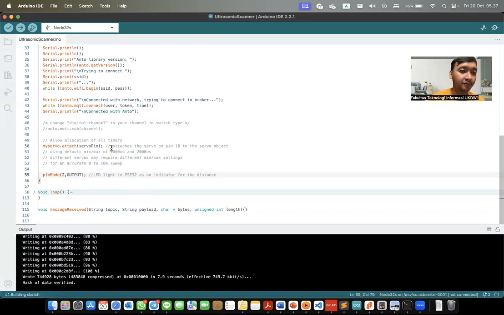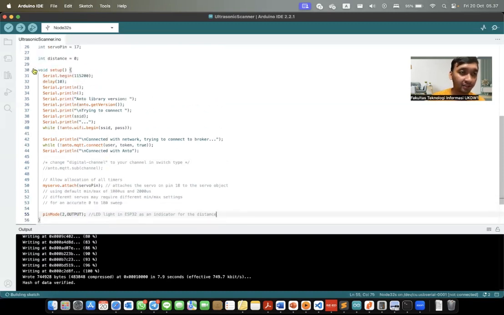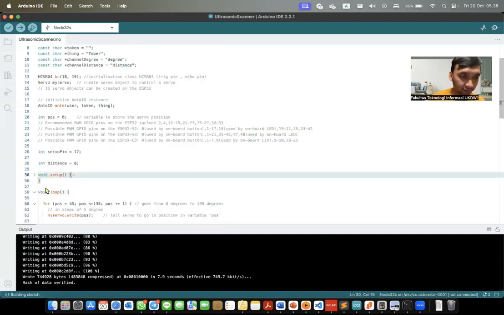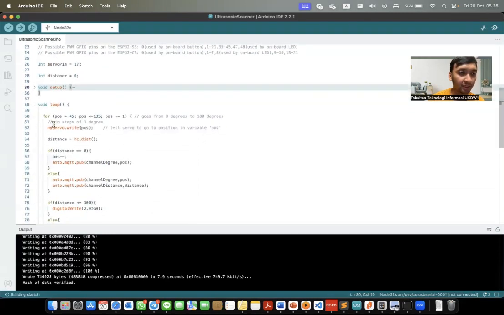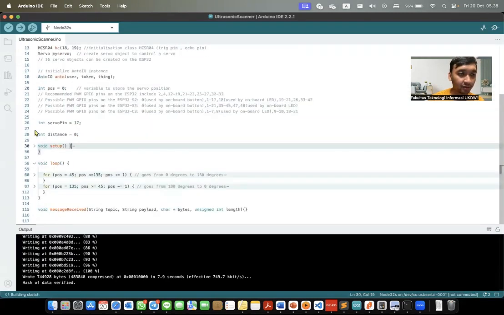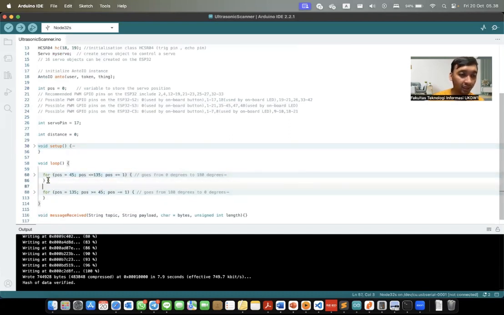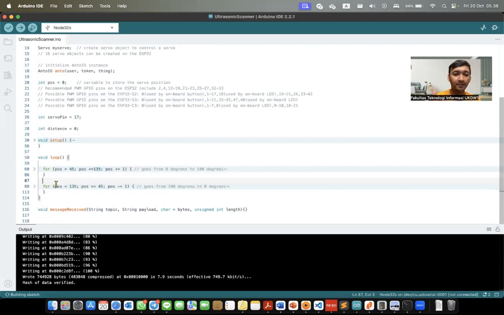After we finish the setup function, we go to the void loop. In the void loop, we can see 4 blocks. The servo will sweep from the right to the left, and back from the left to the right.